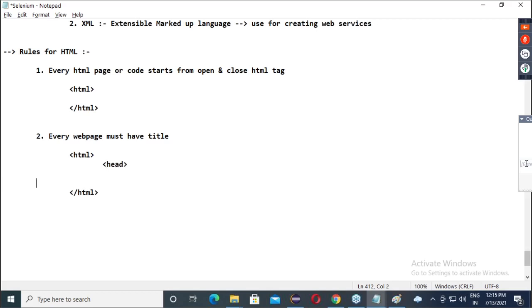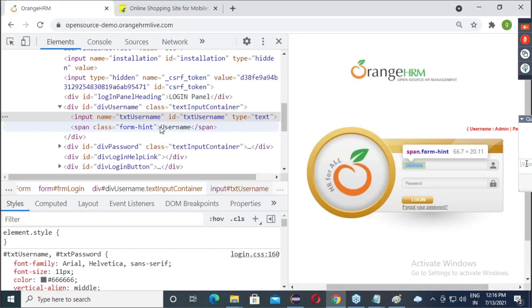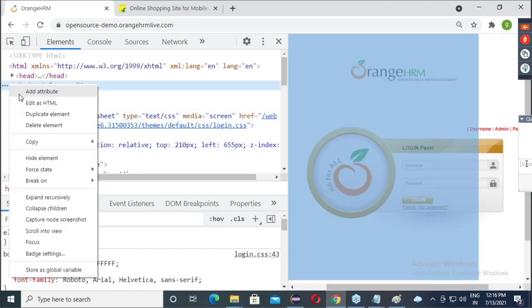Inside this, head open, head close. Head means nothing but the header part, and in a header part you have to give what? Title. Title open, title close. And here, guys, whatever the things you will give, that will become the title of the web page. Is everyone clear? Okay. Whatever the things available here, it will become what? Title of the web page. Observe here. I am saying the same thing or not?